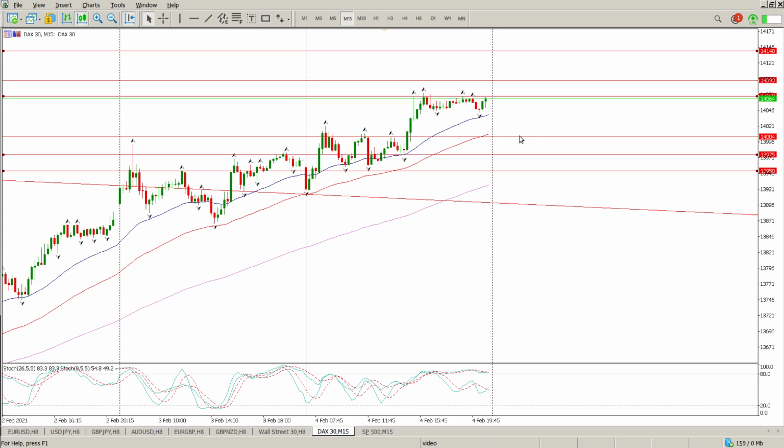Me personally, I'm looking at 14,000. I think 14,000 has definitely been so significant over the last couple of weeks. It's going to be tested. If it doesn't happen today, it's more than likely going to happen next week. It's very rare that you have a runaway breakout of a level that's been defended so hard like 14,000 was. So the bears still think they have a chance here of pushing it down from a major level, and it's going to take a few days, I think, before they give up on that trade.